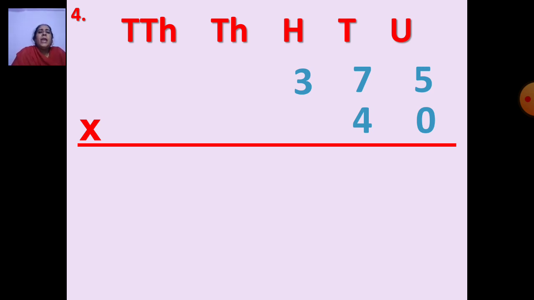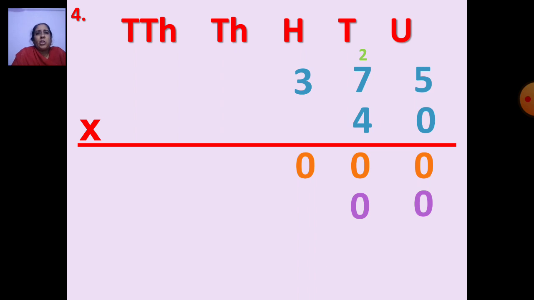0 5s are any number multiplied by 0. What is the answer? 0. Now 0 7s are 0. 0 3s are 0. Yes, very good. Now the second time what you have to do? You have to put 1 0 and then only you will start. Now you will multiply 4 5s. So you have to say table of 4. 4 5s is how much? 20. So 0 will come down and 2 will go in the tens place.